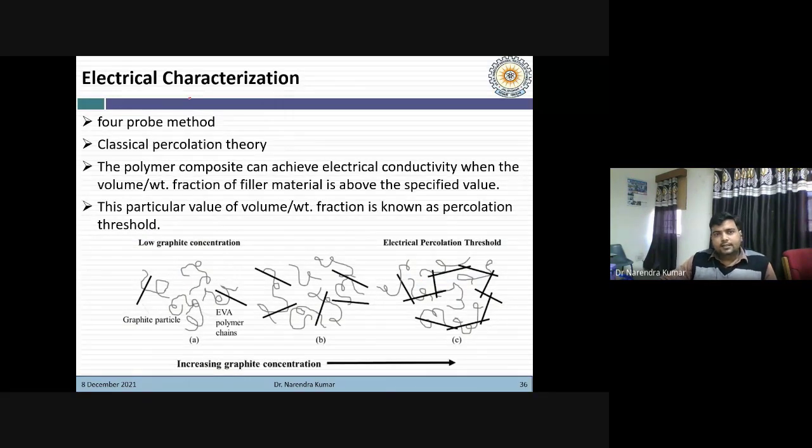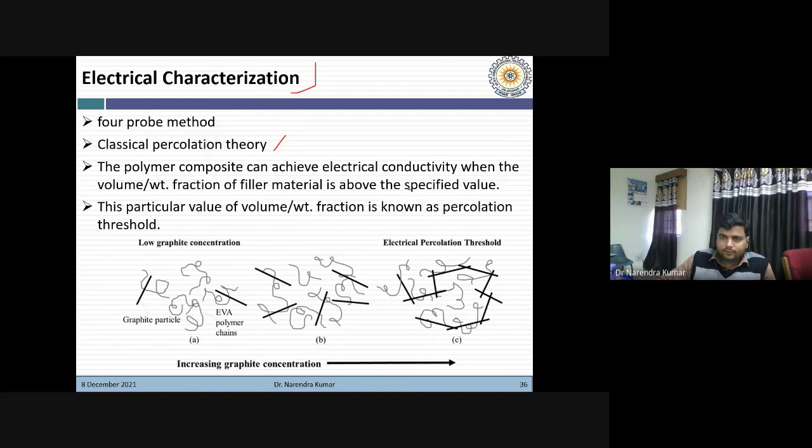Then electrical characterization. To check the electrical conductivity of the specimen, we used the four-probe method. To explain the electrical property change, we used the classical percolation theory. So what is this theory? This theory says that a polymer composite can achieve electrical conductivity when the volume or weight fraction of filler material is above a specified value.